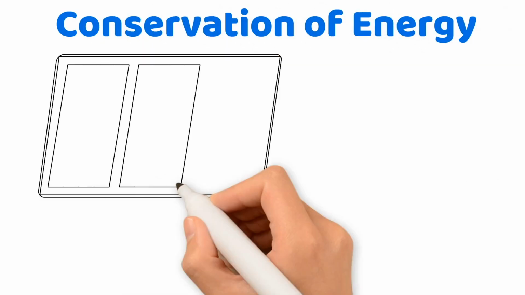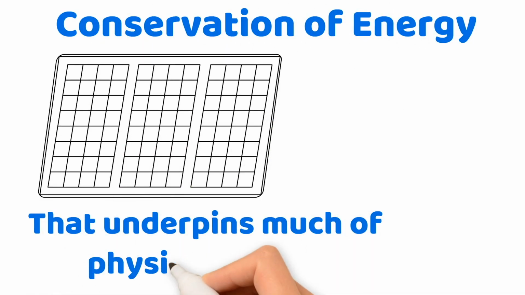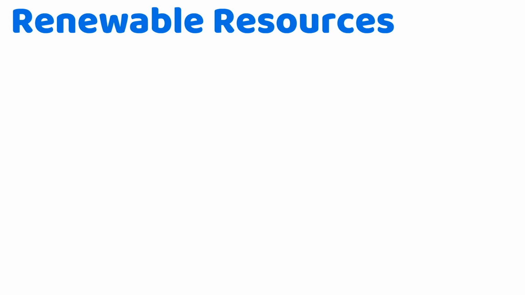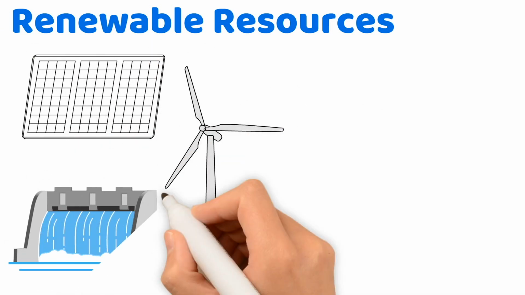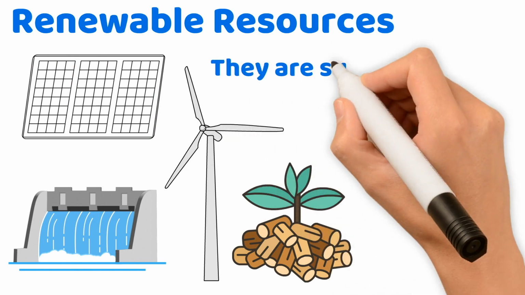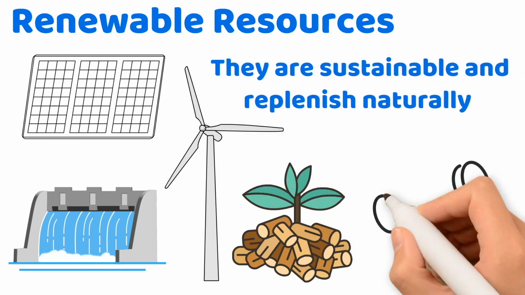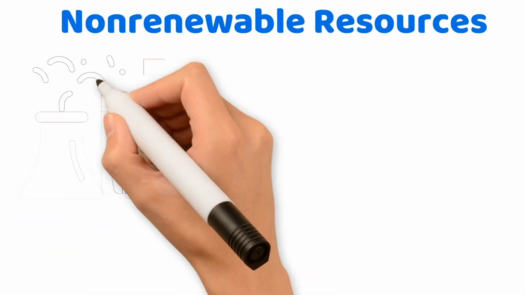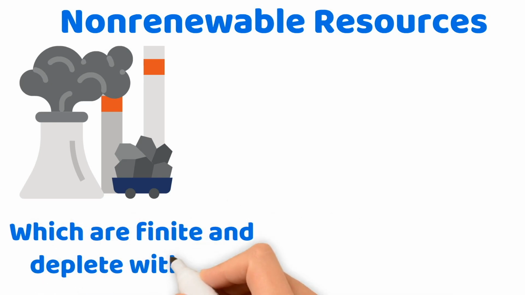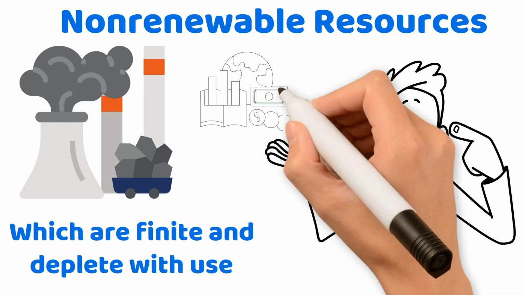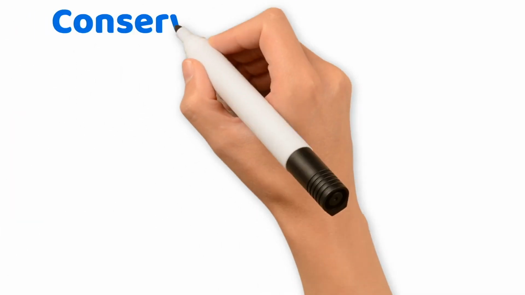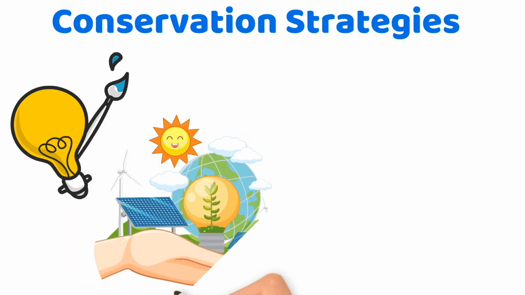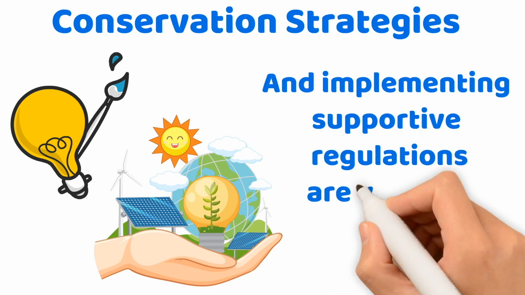Conservation of energy. Energy conservation is a principle that underpins much of physical science, particularly in discussions about renewable and non-renewable resources. Renewable resources. These include solar, wind, hydropower, biomass, and geothermal energy. They are sustainable and replenish naturally, making them crucial for long-term energy planning. Non-renewable resources. These are resources like fossil fuels and nuclear energy, which are finite and deplete with use. Understanding their impact on the environment and economy is essential for responsible usage. Conservation strategies. Strategies such as promoting energy efficiency, transitioning to renewable energy, and implementing supportive regulations are vital for sustainable